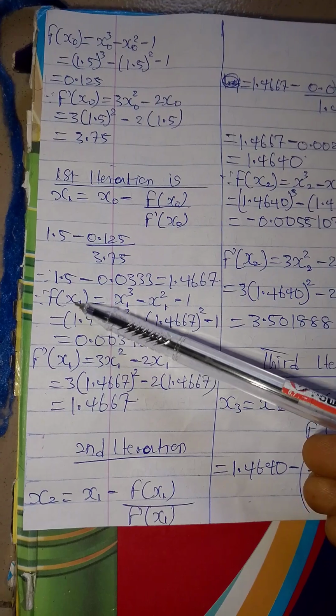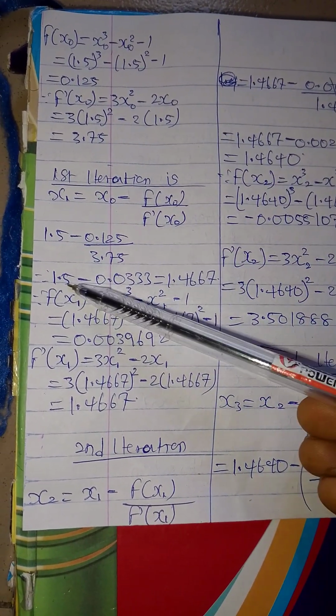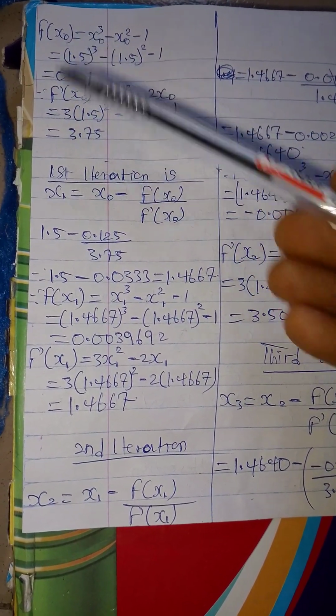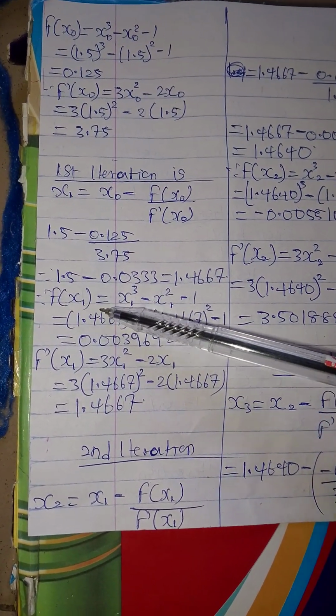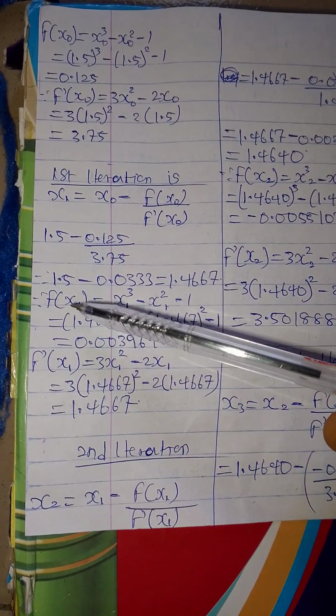f(x1), since this is the first iteration. So what do I have to find? f(x1). If you check, for the zeroth iteration I found f(x0), so here also I have to find f(x1). To find f(x1), input the value of x1